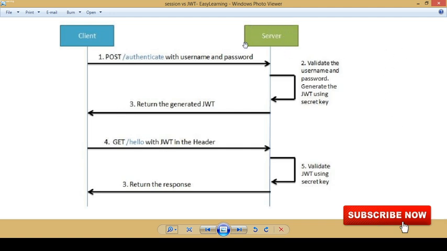Let's say banking information is there and retirement information is there on different servers. So banking and retirement are working together but deployed on different servers. In this case, you don't want to store the data again in both the servers. That's where client side storing of the data comes into the picture, and that's where it's very handy to store the data on the client side. So guys, this is how the JWT token looks and how you can work with a JWT token.